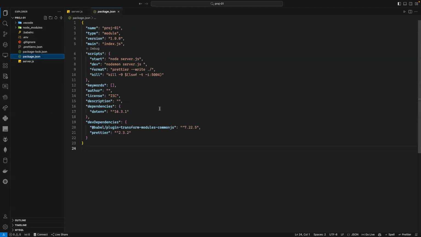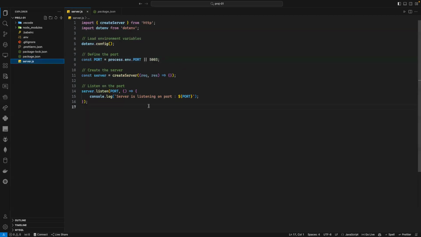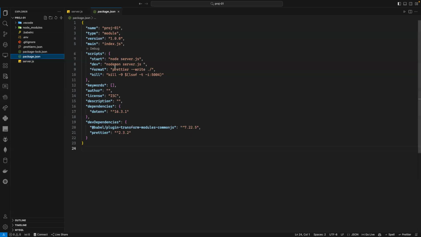Now in my package.json, as you can see, I have some scripts, and of course, all the time you add scripts to your package.json. I have start. I am using Node. The problem with Node is that if I use Node with my server, every time I make some changes, I need to shut down the server and run it again. And that's annoying. I don't want that. So in order to solve the problem, I can use dev here, npm run dev. And here I'm using Nodemon, installed globally. Nodemon server means whenever I make a change to my server, it will automatically restart the server, and that's good